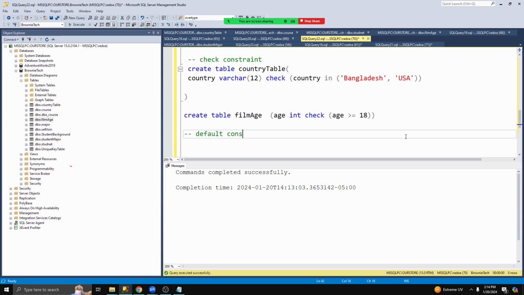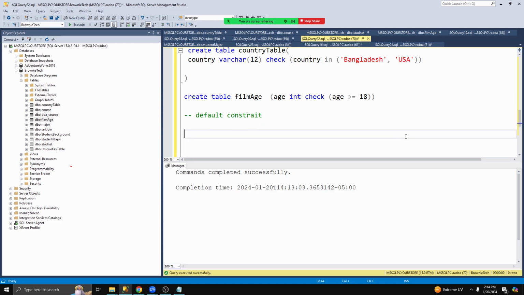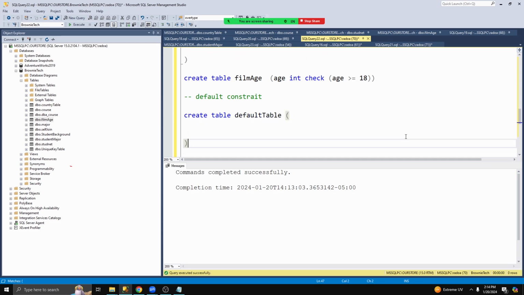Default constraint. Now in default constraint I'll say create table, and then I'll say default table, right? And then you have to give a default name. So let's say it's course, right? Anybody who doesn't put any course name, it will automatically take a DBA course, right? All the students, let's say. So course